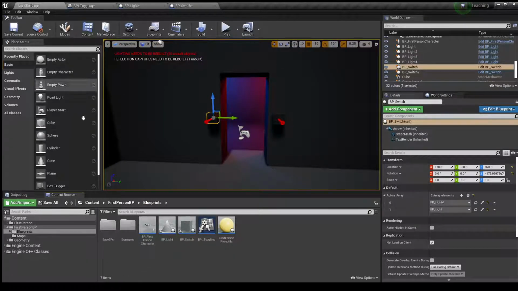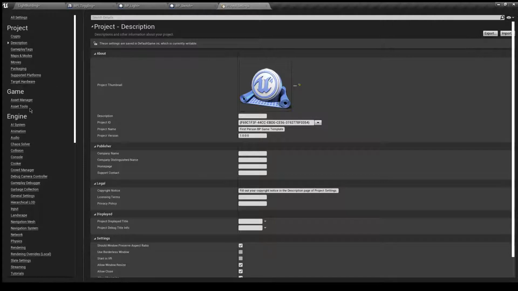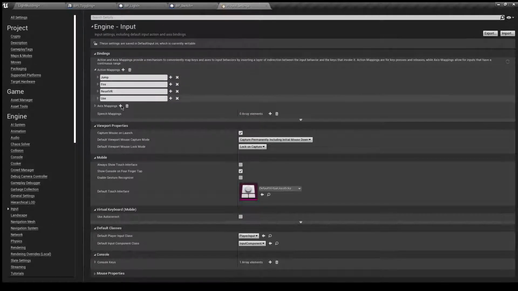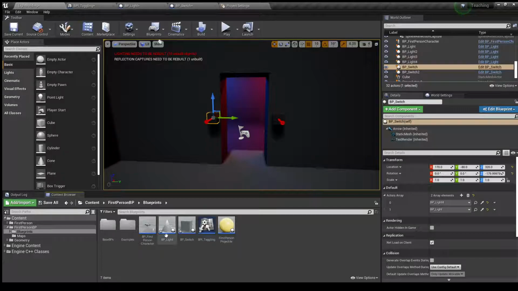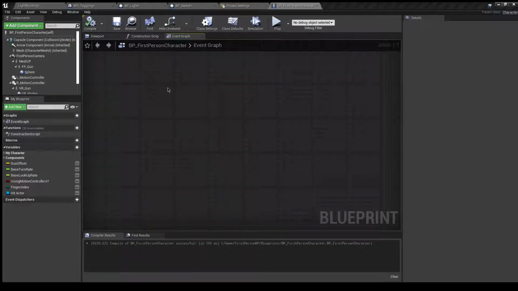So before carrying on, I'm using an extra input. So you want to go to your project settings and go down to inputs. Opening up your mapping and just create a use action. For example, I'm using E. You will need that for the next part. So open up the first person character blueprint, and here I'm going to get an event tick,